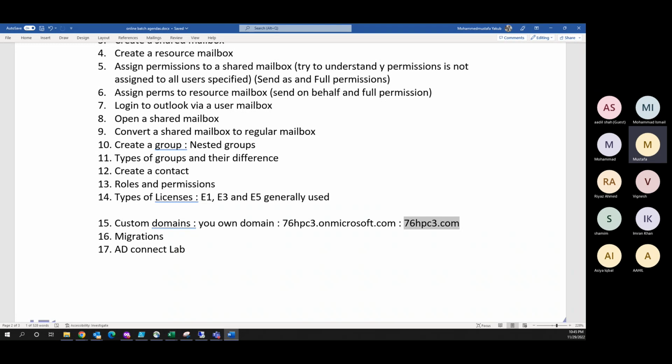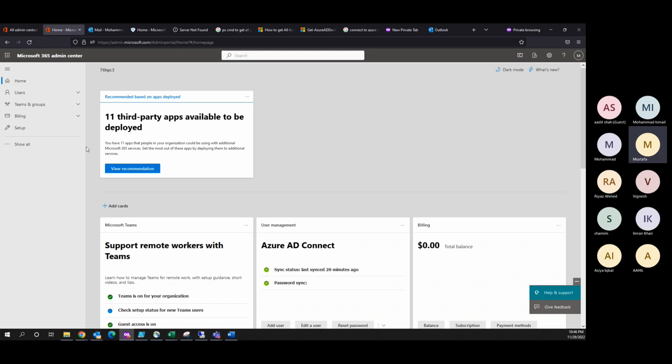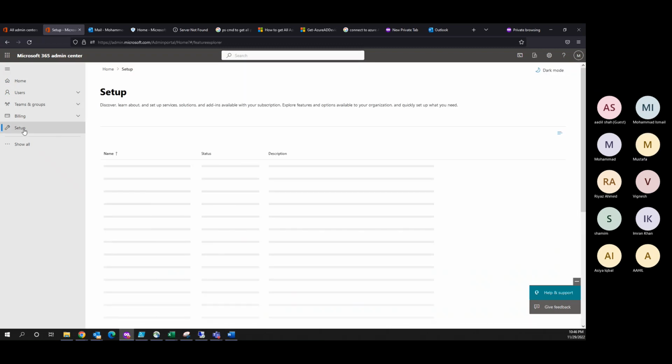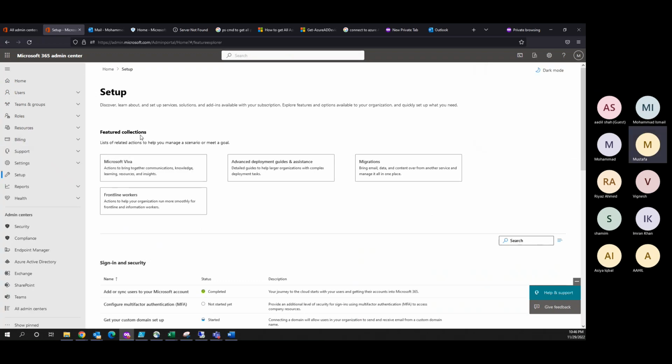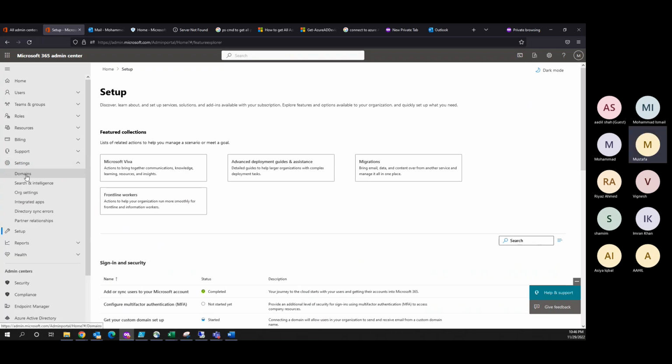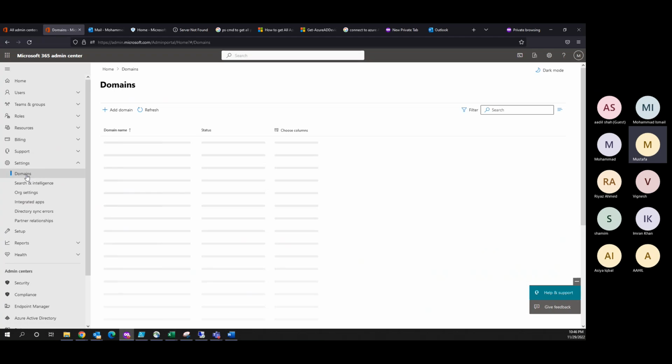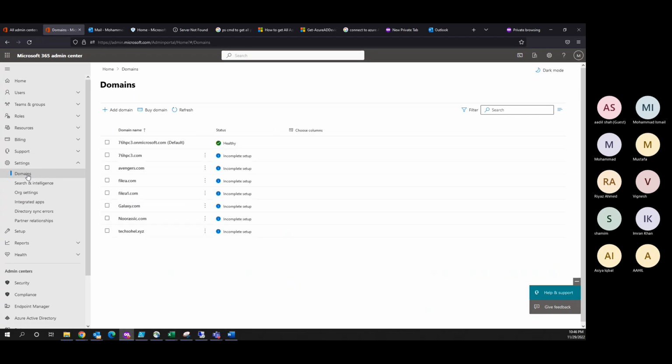So what is the option? If I go to my 365 Admin Center, I go to Setup, then Settings, and here I have the option called domains. So here, if I want to add my domain, if you can see,